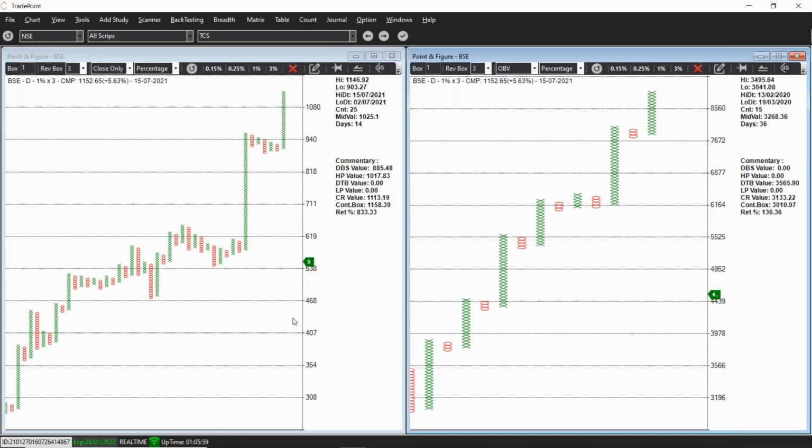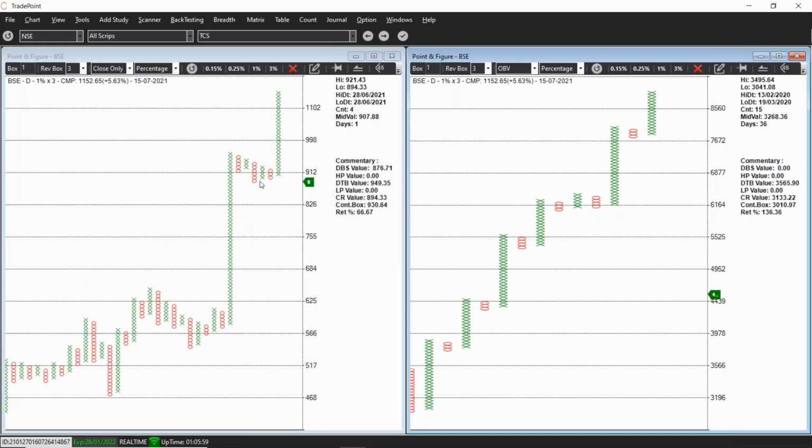What does it tell us? It tells us that even though price is coming down, the overall price and volume formation is bullish and you can stay invested, isn't it? So that's how we can decide whether we want to give importance to the bearish price pattern or we can simply remain invested unless we see something really bearish on the OBV chart, right? Unless price falls along with a significant volume and there is a kind of bearish pattern on the OBV chart, right? So I hope that point is clear.